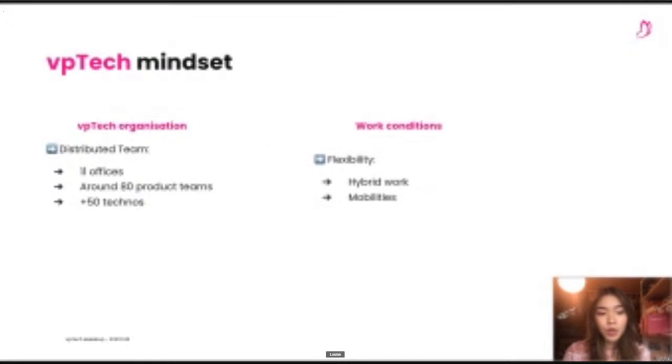At VP, our working conditions are really flexible. We want to do our best to give our employees the best conditions possible. We are open to discussing the best working solution for our employees. We also propose remote days to fit their needs and desires. And we also propose dynamic and attractive career opportunities, such as horizontal, vertical, and geographical mobility.